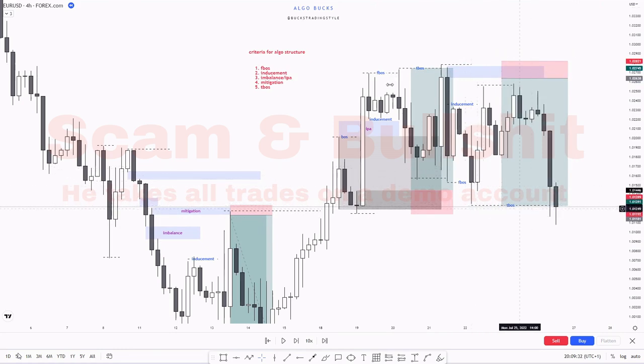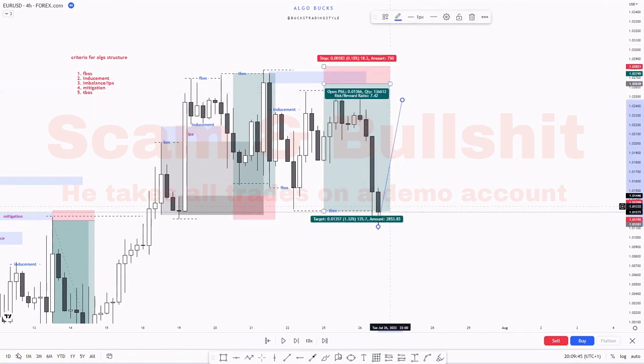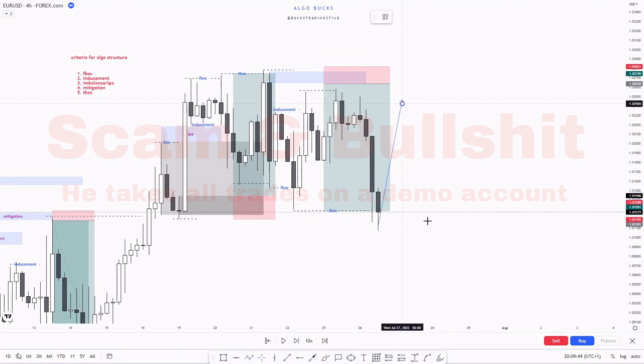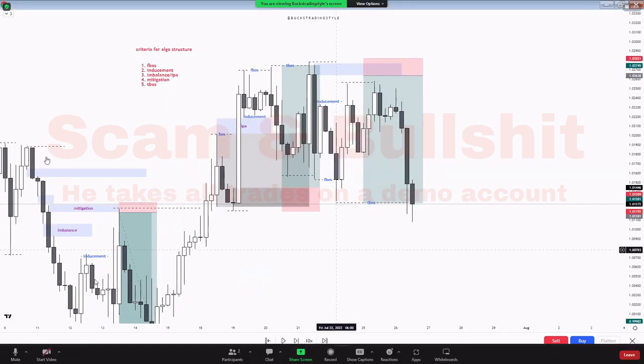Why is it advisable to take your profit at this low? Because after the MSU, price can decide to do this, reverse, okay? And price can also come back to mitigate the MSU POI, which we're going to look into, and then continue going back down. So at the true break of structure, where the algo cycle is complete, you take out all of your trade, you take your profit. Is that understood? Yes. Okay, cool. So let's look at